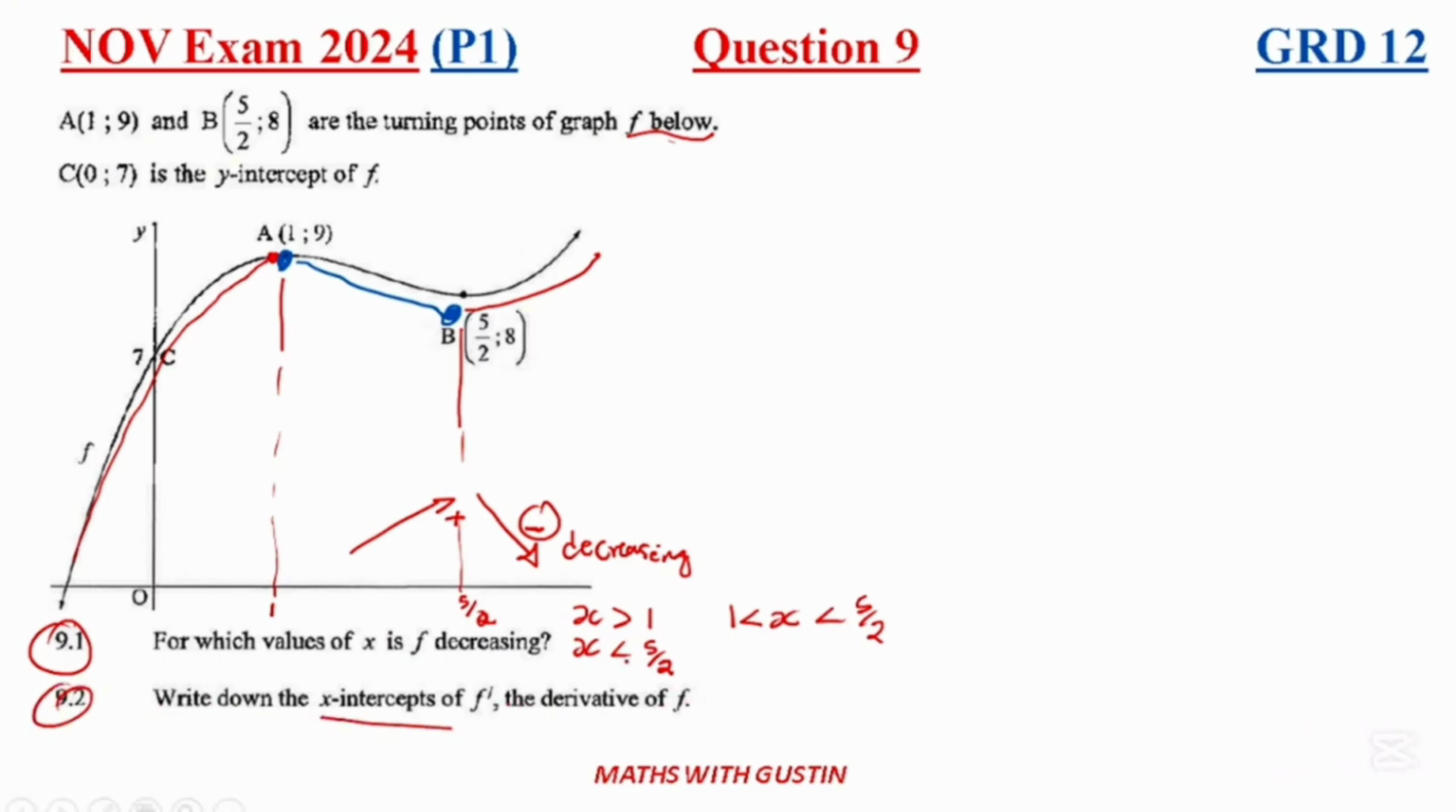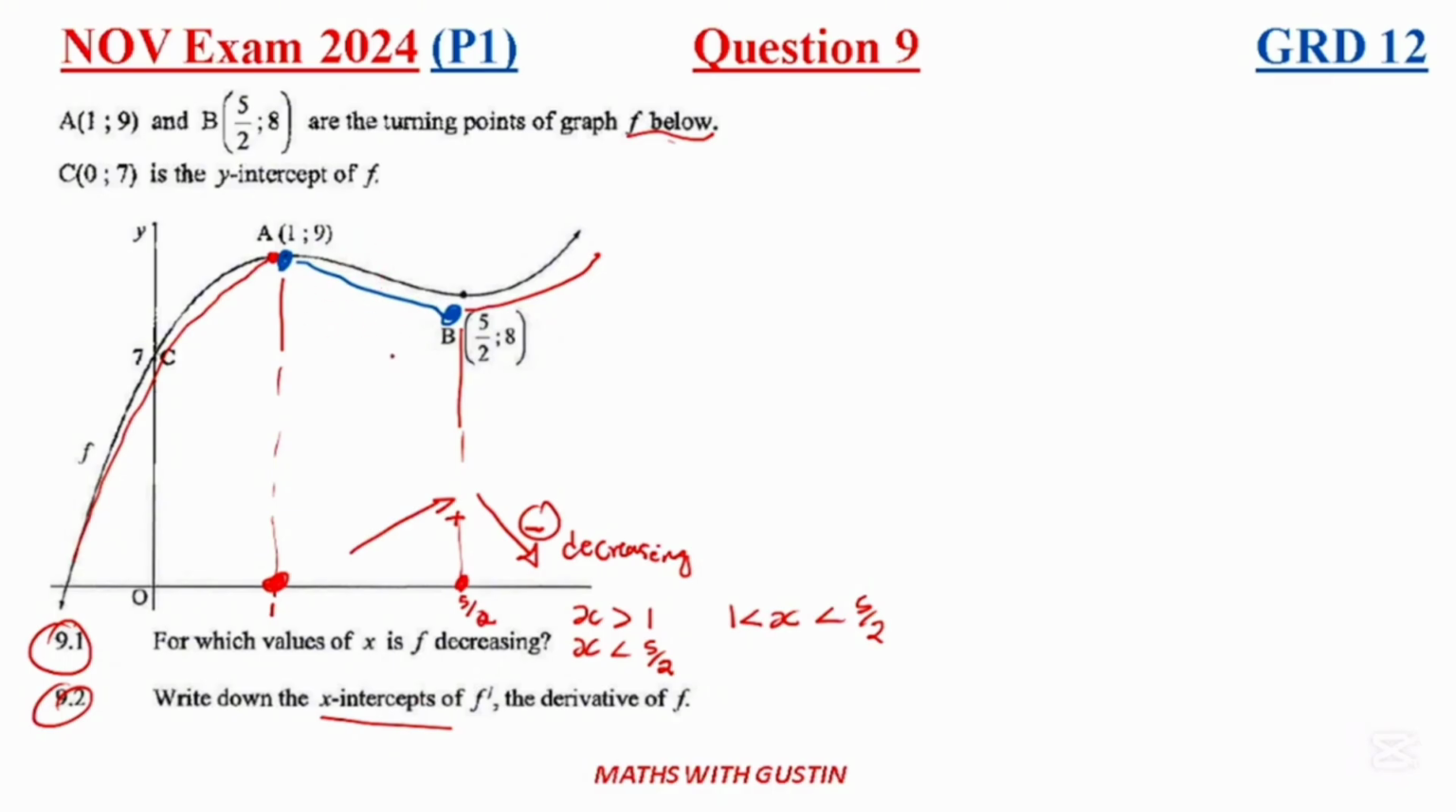Now what do they want? They want us to write the x-intercept values, which is of the derivative of that. They're saying the derivative of f. So in this case, guys, they've given us these two values here. Write down the x-intercept. So if you were to take the derivative of this function,